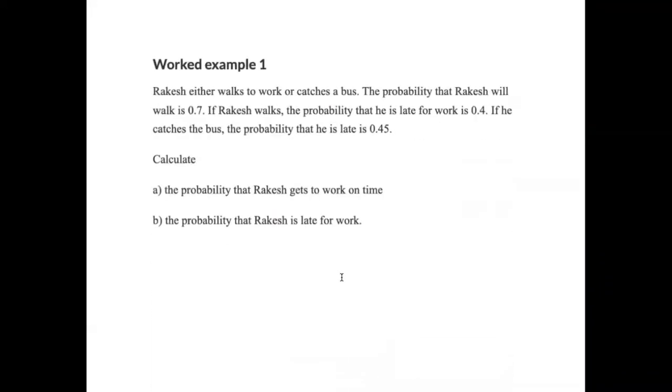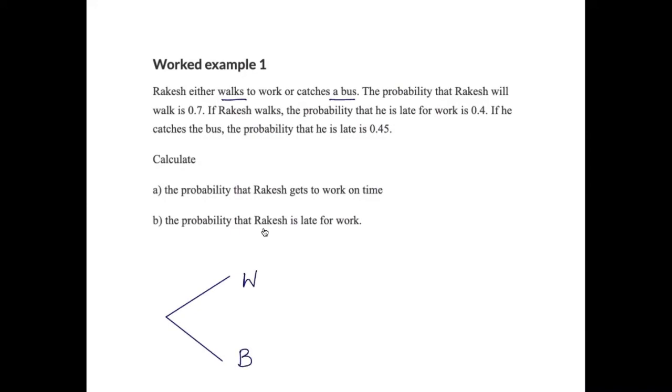Okay, let's discuss this example. Rakesh either walks to work or catches a bus. The probability that Rakesh will walk is 0.7. Okay. So there are two options. Either he walks to work or catches a bus. So I'm going to be drawing a tree diagram to simplify the working. Either he walks or